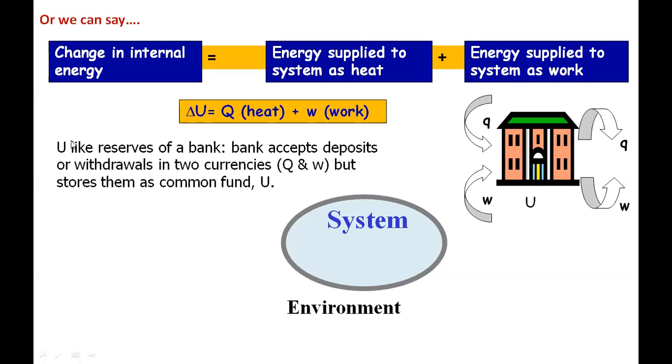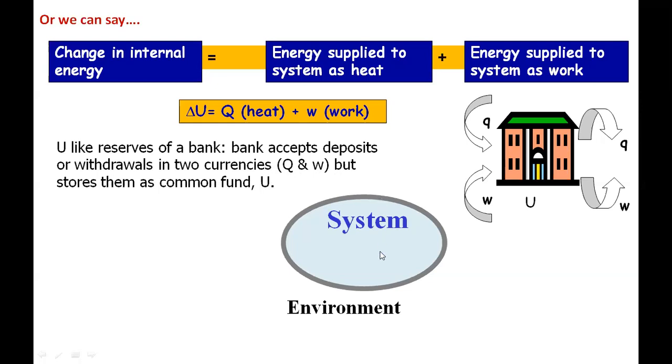This is U, the internal energy, like a reservoir or a bank. إذا مثل ما حجزت في البنك. البنك accept deposits or withdrawal in currency. يعني بنك في عدة أنواع من العملات اللي هي عبارة مثلا شيكل دينار، فهي عبارة عن إيش؟ Q, the currencies, Q زائد الwork, but stores them هاي بنخزنها as common fund. احنا بكون عندنا فلوس في البنك. هاي الستورز عبارة عن الانرجي، internal energy. Okay,